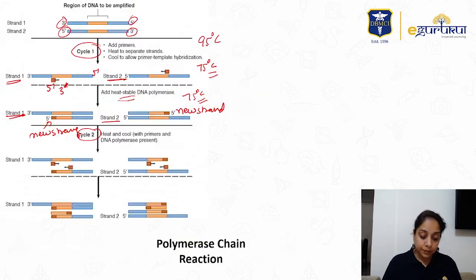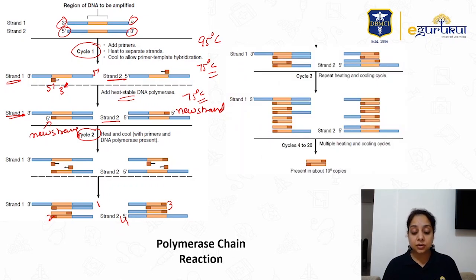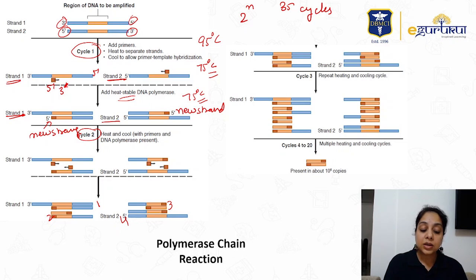1, 2, 3, 4. So every time you run a cycle, you are amplifying it times 2. Same thing if you repeat with cycle 3, then these 8 single strands become 16 single strands. So it is like 2 raised to the power n, the number of cycles. So you can imagine if you run 35 cycles, right? So step 1, step 2, step 3, and you do it 35 times, then it is 2 raised to the power 35,